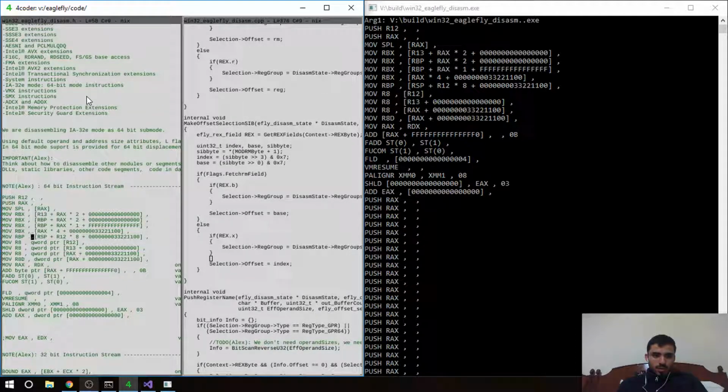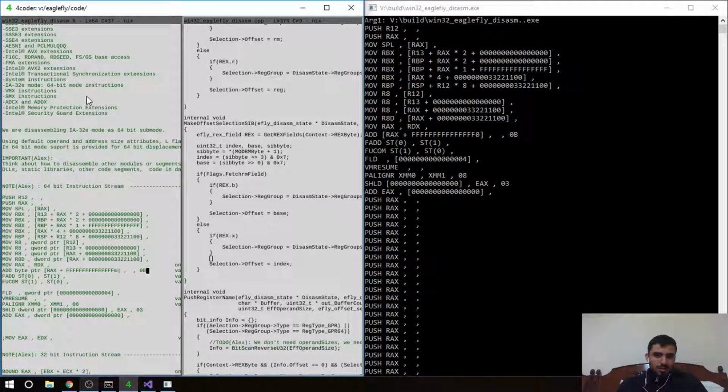Then we have RBP, RSP plus R12 times A, R8 plus R12, sorry, R12 memory address, and R8, R13 plus 0, R8, RAX plus 0 0 3 2 2 2 1 1 0 0, RAX, RDX, RAX plus